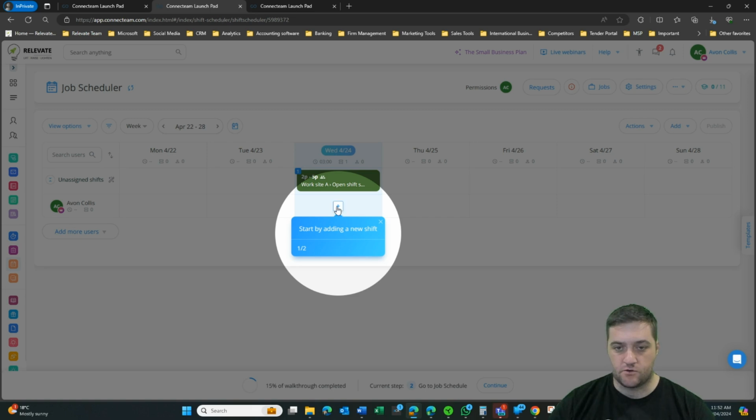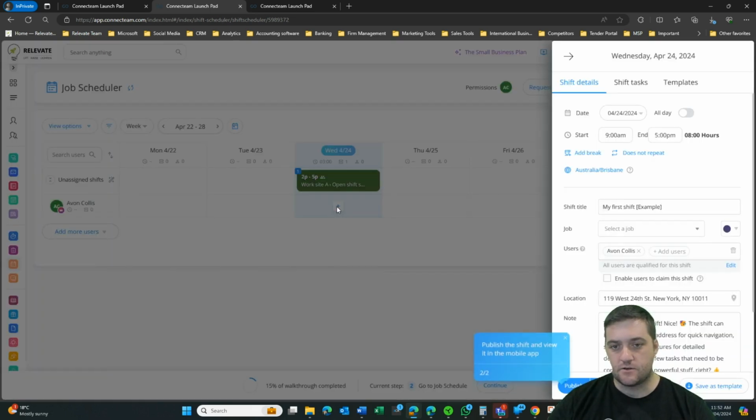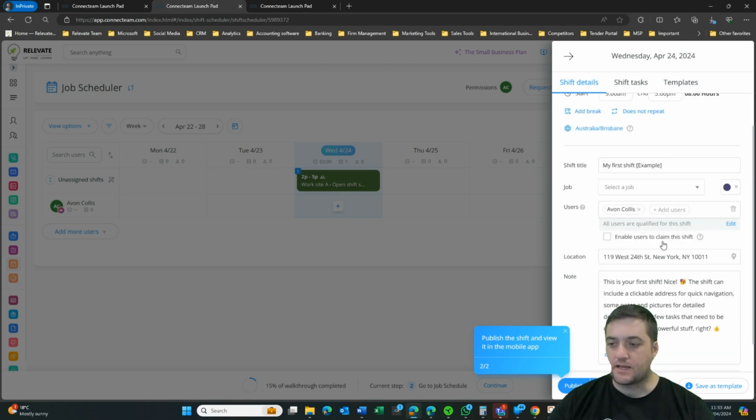I'm going to add a new shift. So this is where you're adding specific shifts. If we say date, if it's all day, start and end time, break. Now, enabling claim shift. So if you work in hospitality, and let's just say you've got a manager role, you've